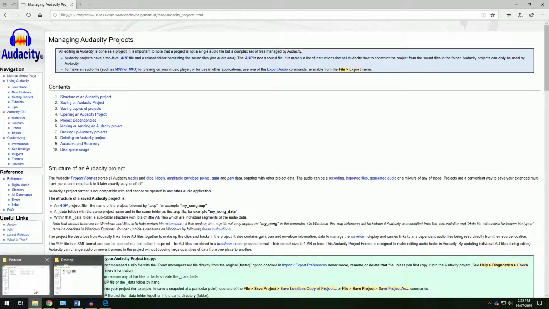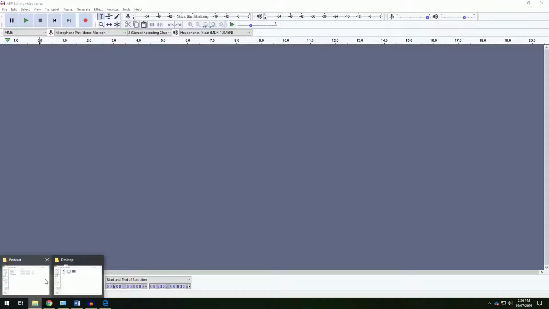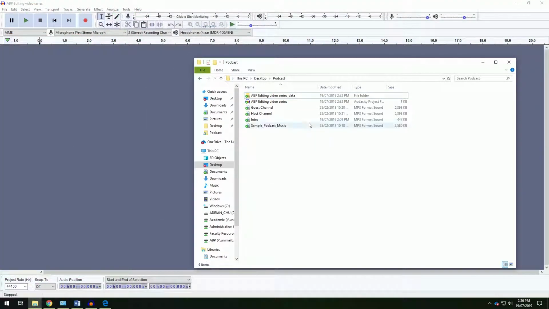If I go back into my podcast folder, you will see that I have my Audacity project file and my Audacity project file data folder. You will see that I also have 4 MP3 files over here. Now technically these files could be sitting anywhere. It could be on my desktop, it could be in my download folder, it could be in an external hard drive, because every time I import one of these files into my Audacity project, these files will get copied into this data folder. I still like keeping them here because just in case they don't get copied into that data folder,